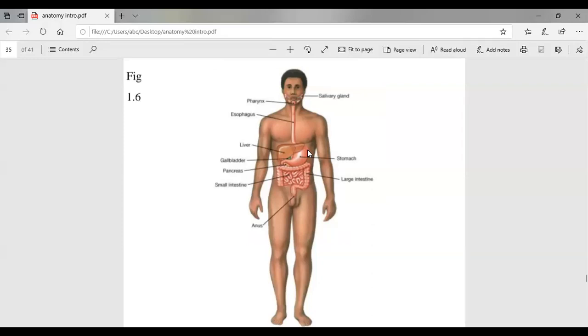Now, let's go back to the types of muscles. I told you there are three types of muscles, right? Smooth muscles, cardiac muscles, and skeletal muscles. Let's talk about smooth muscles. What did I tell you about smooth muscles? Do we have control over them? No. Why do we call them involuntary muscles? Because we do not have control over them.